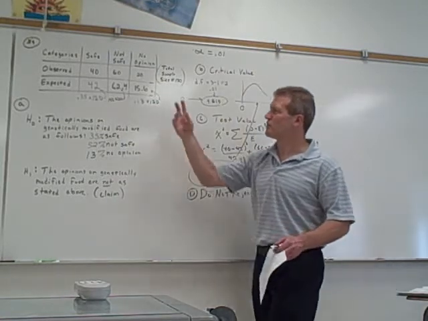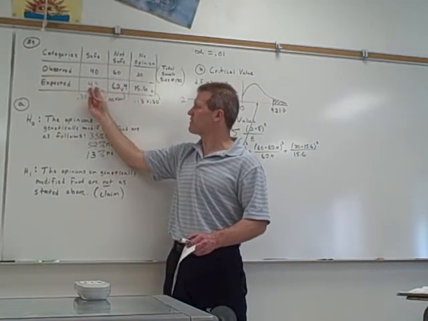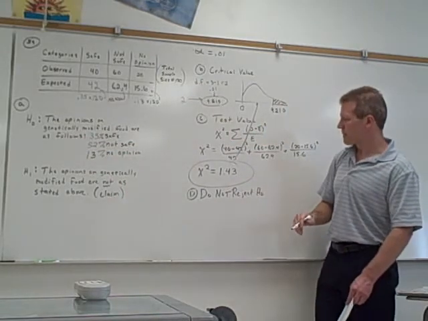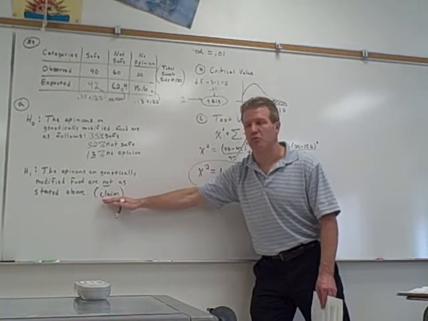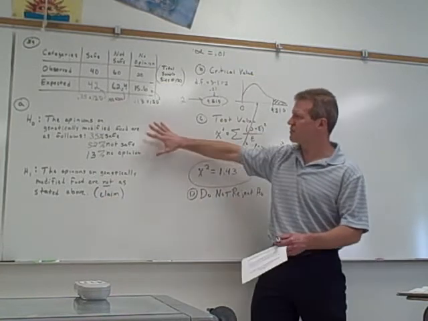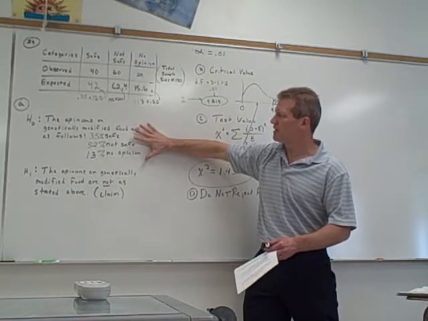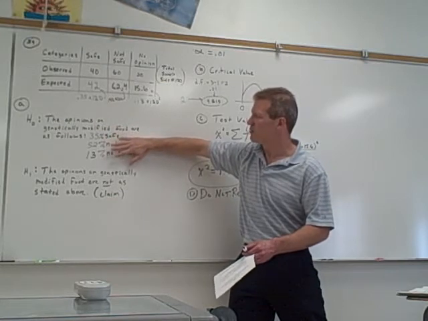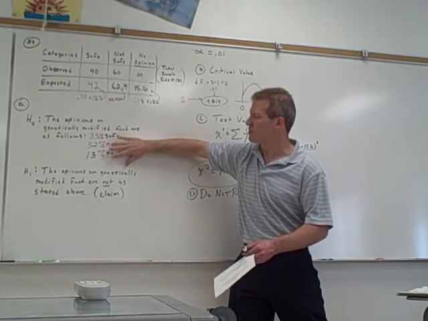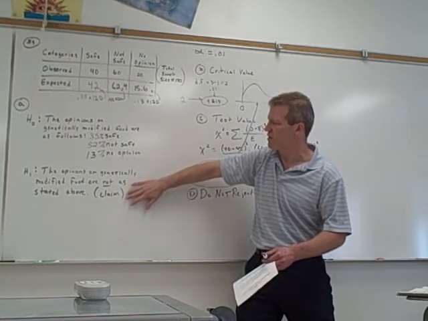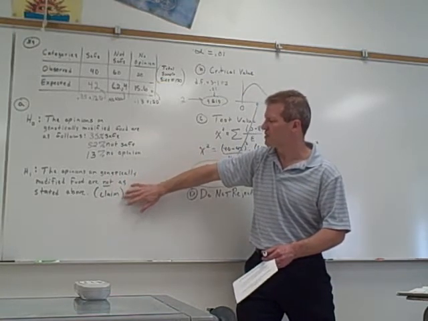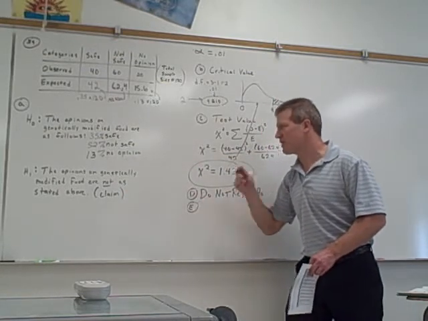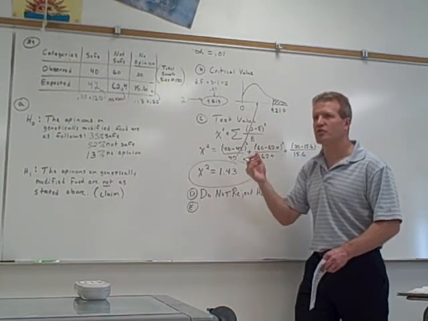In other words, our observed values were close enough to our expected values that we cannot reject these percents. So our claim was down here, though. When the claim's down here, you use the word support. So if we're not rejecting the null, that means we think these percents are probably true. Okay, we don't know for sure, but the evidence doesn't say they're not true anyway. So that means we think the alternative is probably false. So we'd say there's not enough evidence to support the claim for step E. There's not enough evidence to support the claim that the percents are incorrect.